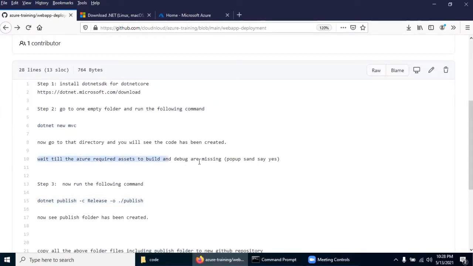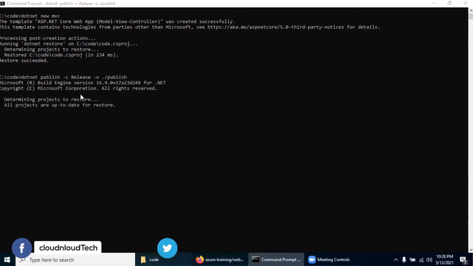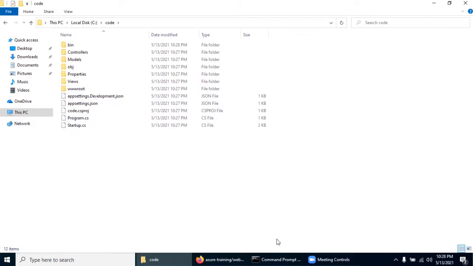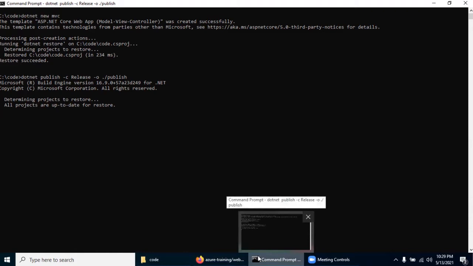If you are doing this in Visual Studio Code, this line is applicable; otherwise you can ignore it. So I'm just coming here and running this. You will have some more folders also. See here, the obj and publish folders will also be created. Now if you keep this in one GitHub repository, you can test it with Azure Web App, either through Azure command line or through GUI.